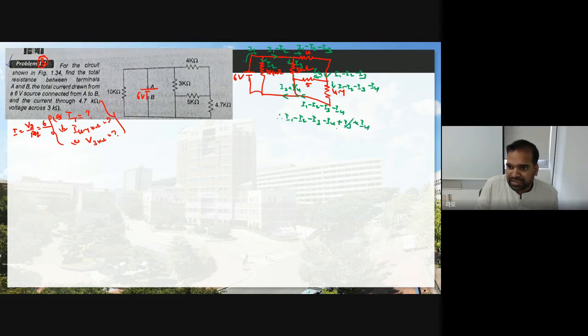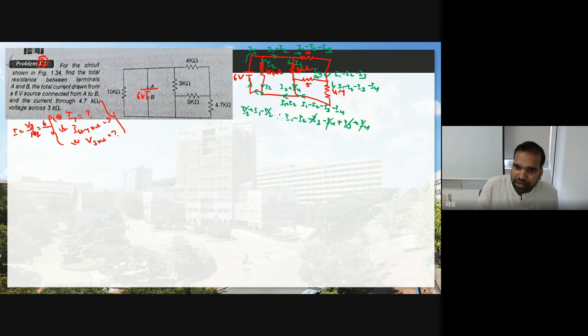Now see, I3 and I3 will get cancelled, I4 and I4 will get cancelled. Then how much current is coming here? Therefore, I1 minus I2 current is coming at this point. Now see here, how much current is coming? This is I2 and this is I1 minus I2. These two will get combined here. Now if it is combined, I2 plus I1 minus I2. Therefore, this I2 will get cancelled.